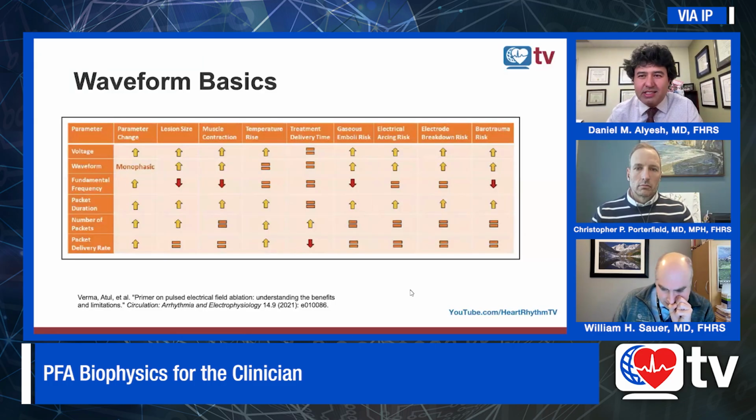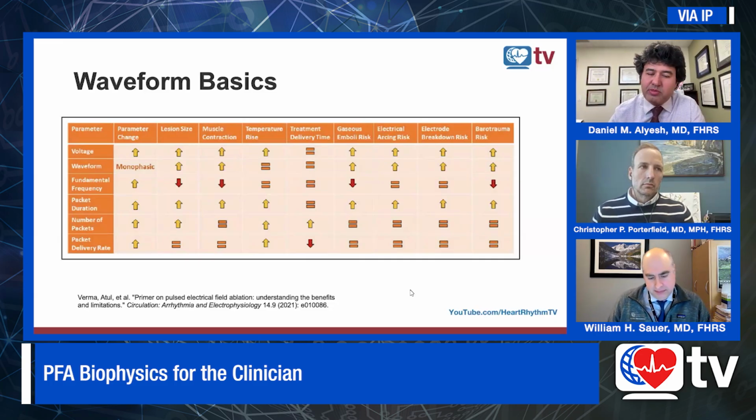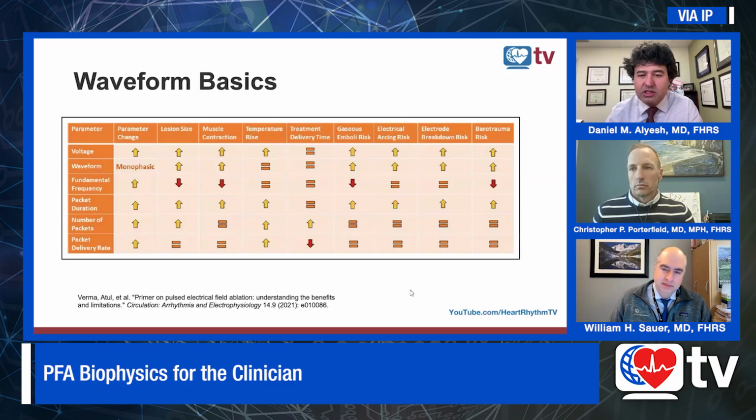So this next slide is a summary of everything we've discussed, which is all the different PFA parameters: voltage, waveform, frequency, packets, packet duration, delay, and how that affects different clinical metrics down the line. Lesion size, muscle contraction, skeletal muscle contraction, risk of microbubbles, which we'll get into, arcing, like we just saw. And so, essentially,